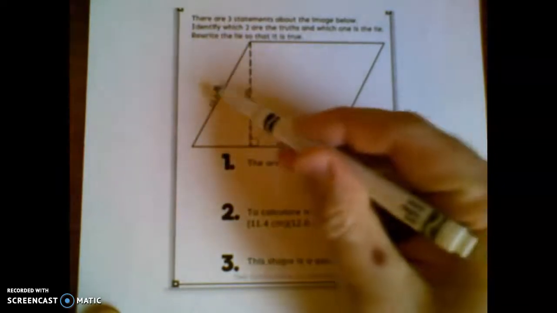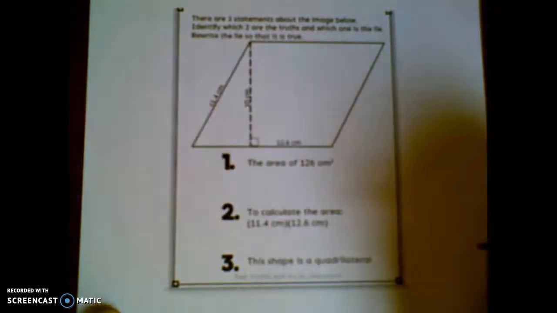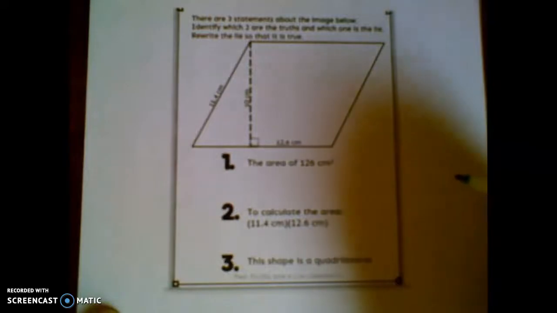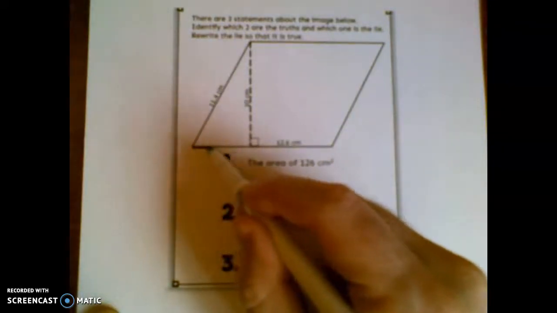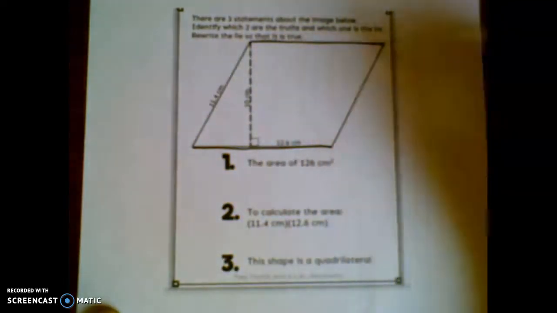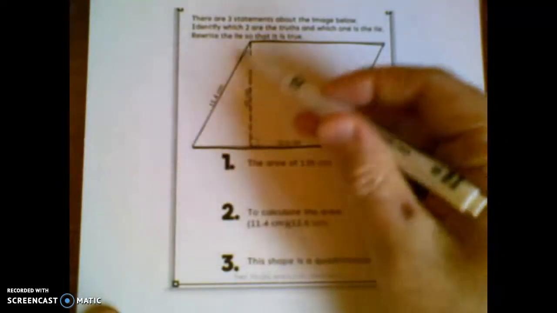That means that the opposite sides are running parallel to each other. So these are parallel and those are parallel. And to find the area of a parallelogram, you have to take the length of the base, the entire base, which of course would be the same as this distance, and you have to multiply it not by the slant,